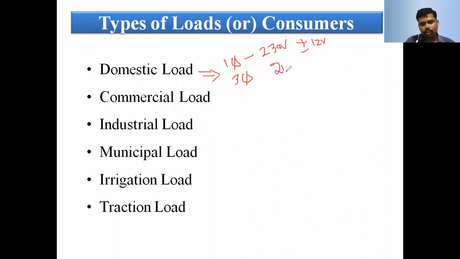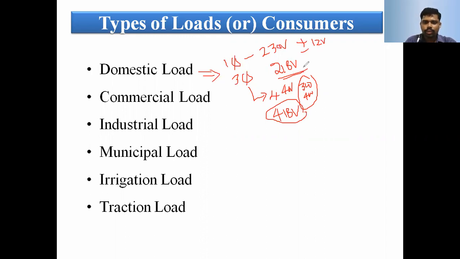Generally, we are getting a voltage of 218 volt, and the three phase is 440 volt, that is a three phase, three wire system or four wire system. Here, practically we are getting 418 or 420 volt. This we can measure with the help of a multimeter. Just insert the phase and the neutral in the socket, and it should display on the multimeter.